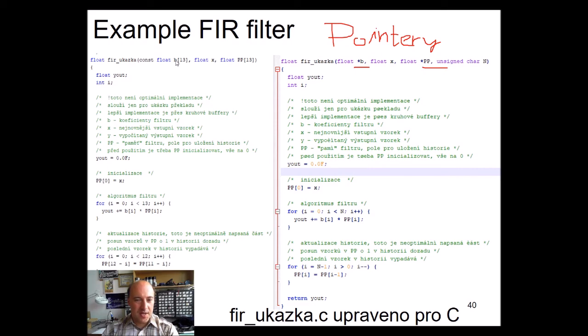So here you can see b and pp, but you simply say that this is pointing to somewhere. You can see here that the code is exactly the same. Here I don't have any differences. Maybe the colors are different, but that's just a graphical problem. But here this main algorithm is exactly the same,